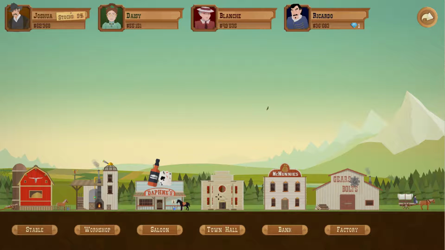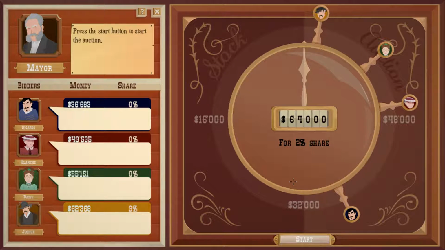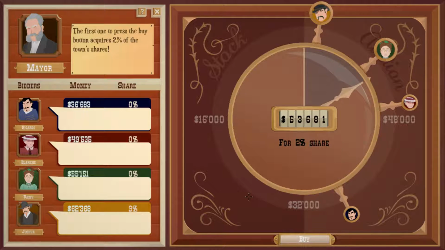He was actually trying to bid a little bit more. So let's go into our stock auctions and see how much they're getting rid of. So there, he is selling 2% of the shares. So if we did get 3% for about $12,000, let's see if we can probably get it for 10 or